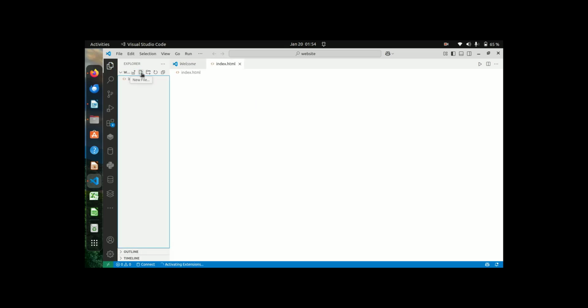I'll also create a file named index.js within this folder which I created, website. Index.js for the JavaScript. Create another file, and this is the styles, call it styles.css. So I'll come to the index and I'll write my